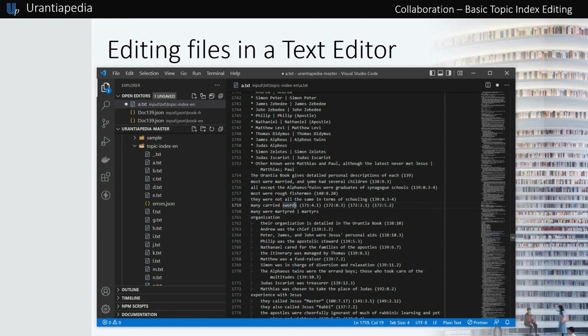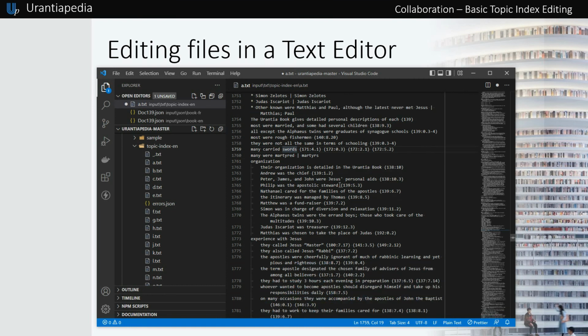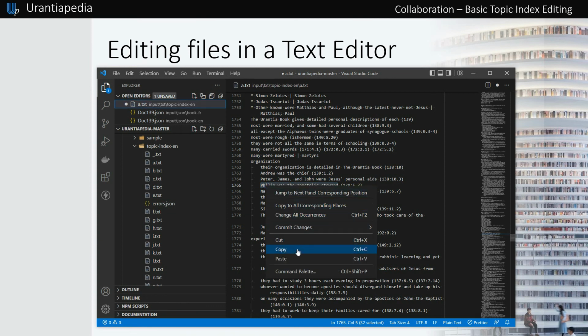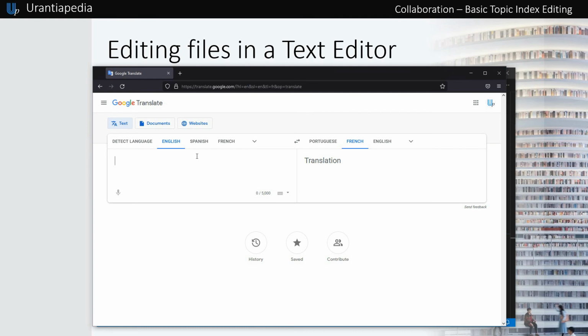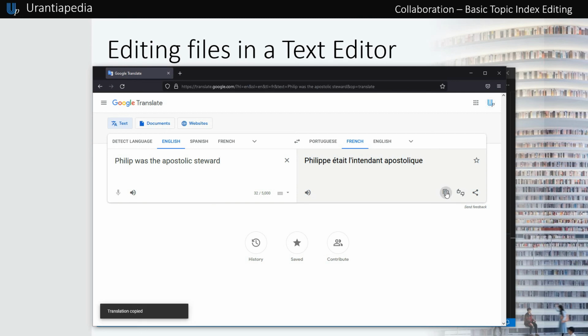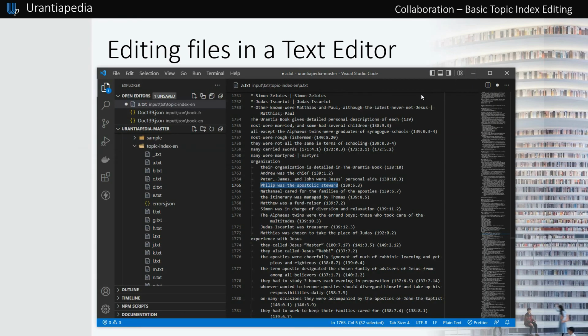For the second task, translating the text, we can do it easily using Google Translator. For this, copy some of the lines in the topic so you don't go above the limit allowed by Google Translator, and then click on Translate and paste it back to the file.